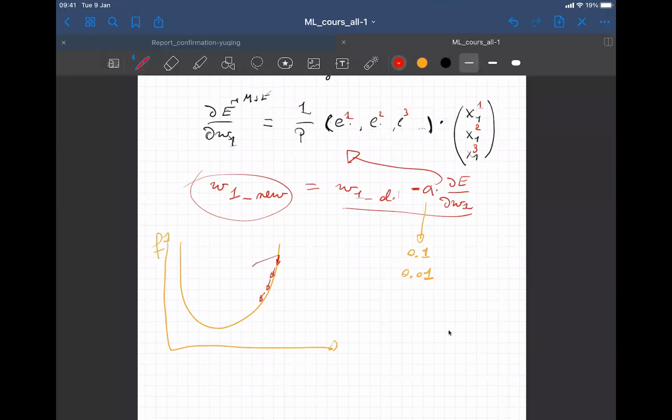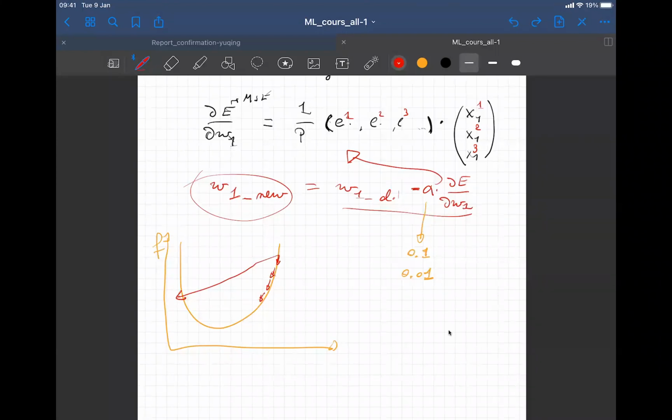If it's too big, you go from one side to the other, and at one point you are stuck around this because you go up again, below again, here again, etc. So it should not be too big and not too small. But of course, what is too big and too small depends on how your data is scaled. And this is only something you can see when you start the